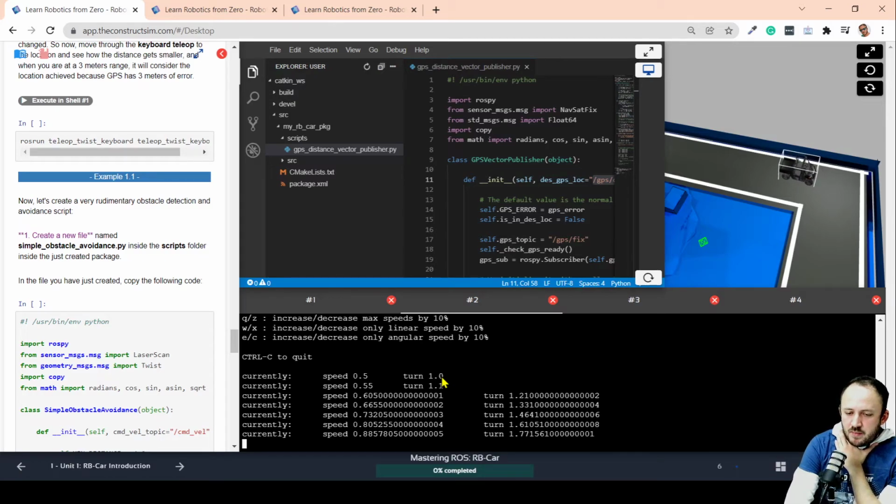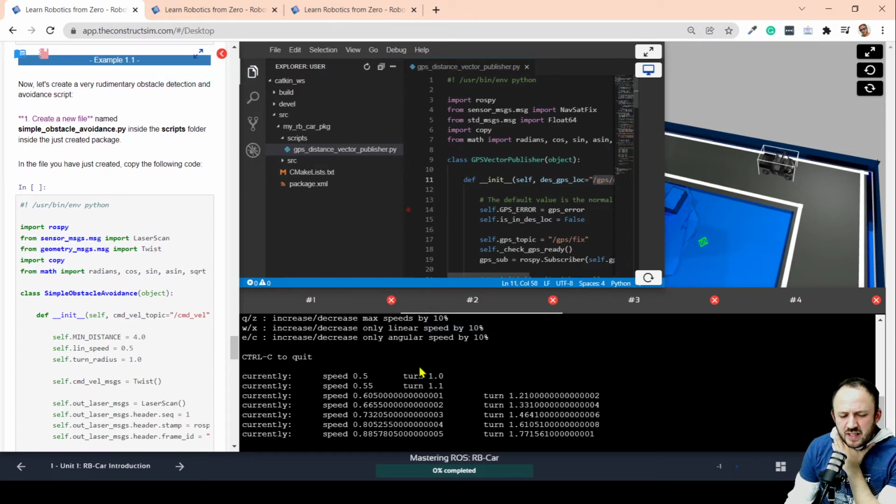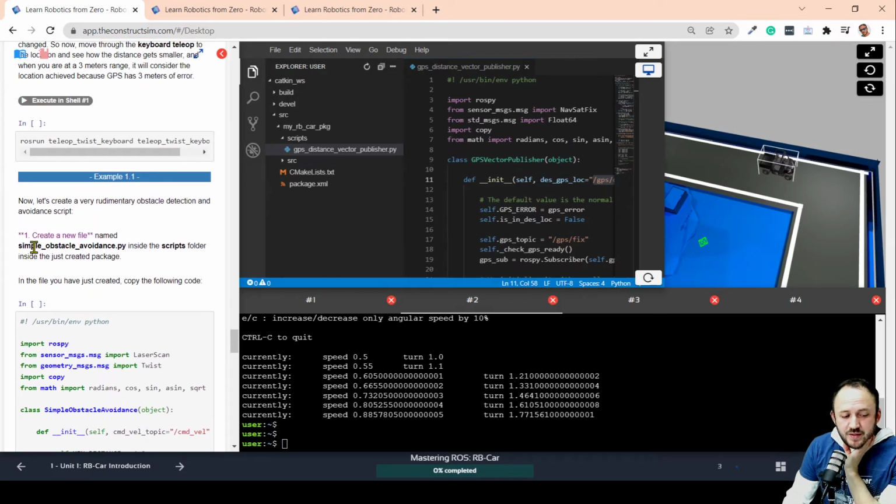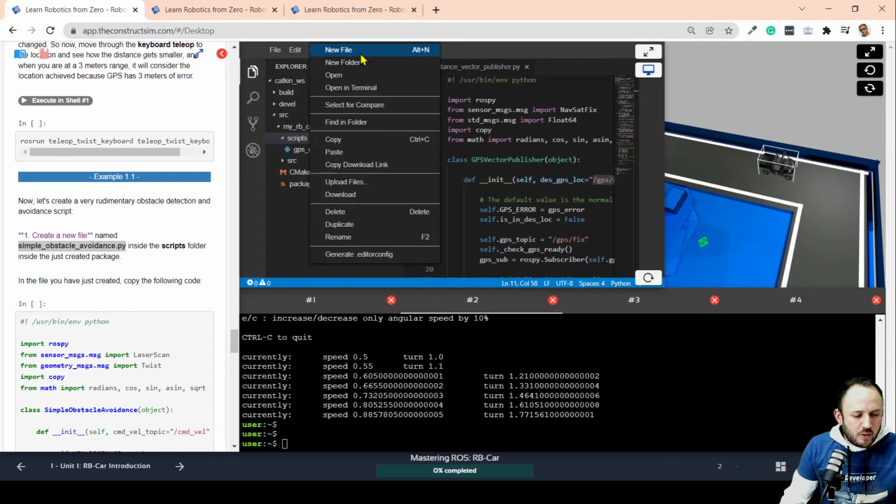So let me try it like this. It's much easier to control it, at least in my opinion. In my opinion, it's easier to control it and drive it using a Python script than using the keyboard. Using the keyboard, it's sometimes a little bit complicated to drive it around. So, for instance, the next one, I'm just going to create the program, and then you can review it on your own later. So let me create this simple obstacle avoidance